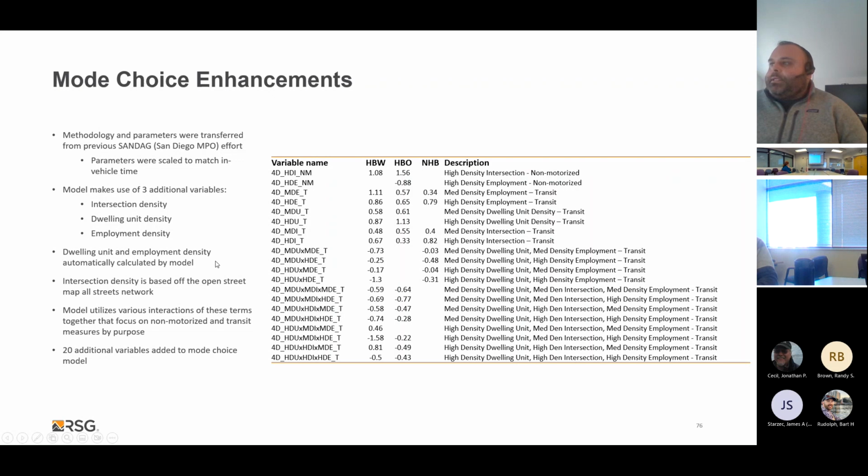These essentially relate to how the mode choice model looks at things like impacts of smart growth. Where you have compact urban development, you're going to see a further increase in walking trips and walk transit trips than you would without these parameters. So essentially, this is capturing more smart growth principles in the mode choice model itself.